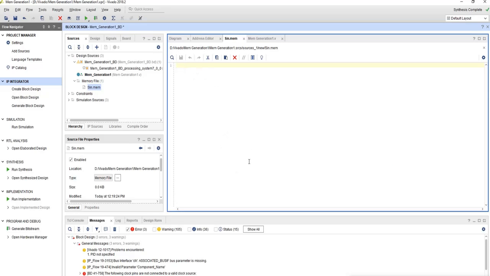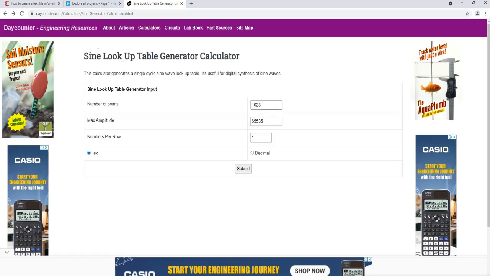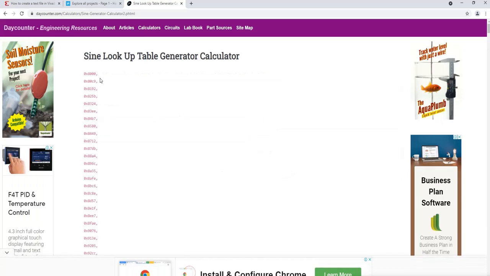Now let's go here. There is a website, datacounter.com. Here we can simply generate the lookup table of a sine wave. Number of points 1023, maximum duration is 553. Number of rows you can add as much as you wish, and it will be in hex format, so we'll just submit it. Now it has been generated.